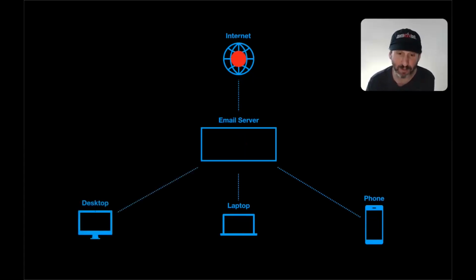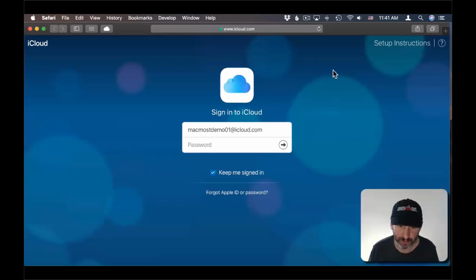A better way is to have the rule applied on the server. So the email comes into the server, the rule is applied there, and then the email is sent to your devices. And it's sent there already inside a folder or having been put in the trash or forwarded to somebody or marked as read. So adding a rule on your server is fairly easy.